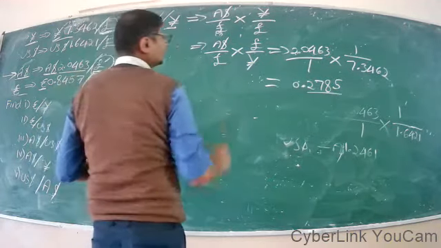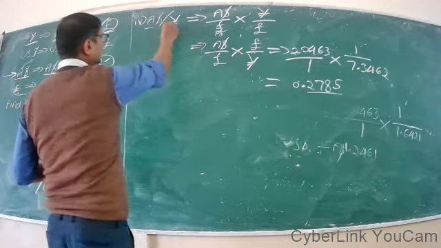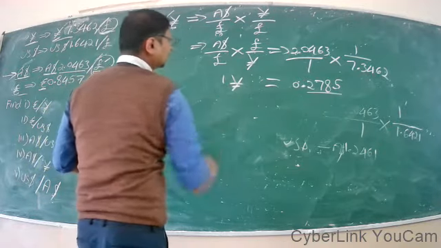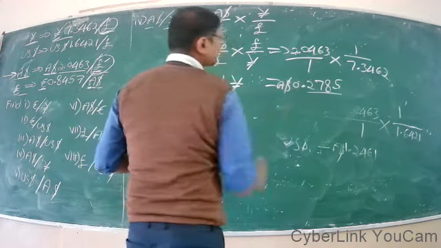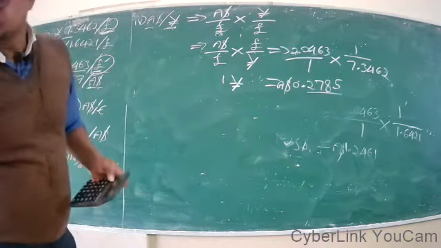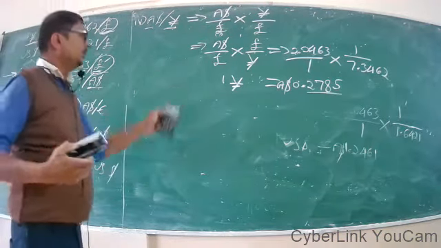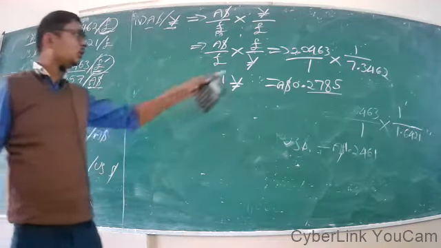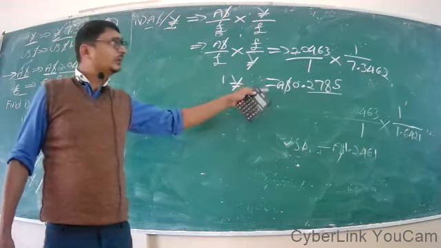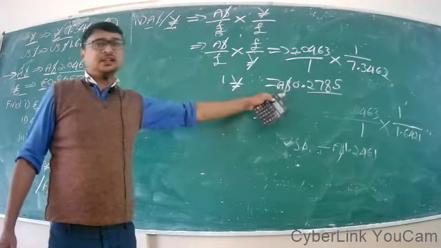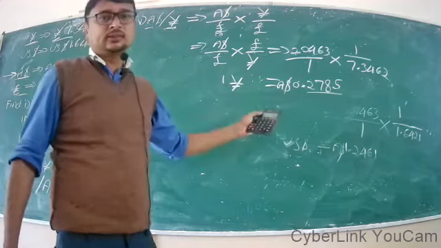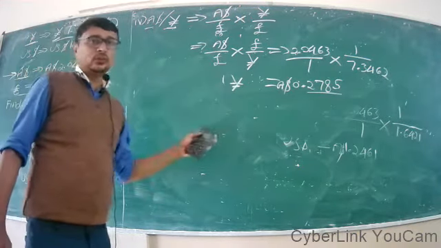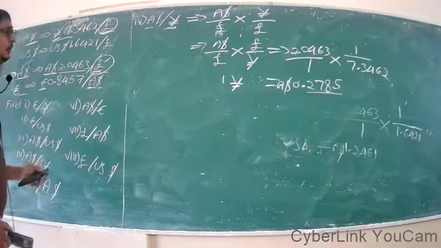So the currency symbol the answer requires, they are asking Australian dollar per yuan. Per yuan means per single yuan. Australian dollar 0.2785. Please do remember, in some exams, without this currency symbol you will not get any marks. Even though your calculations are 100% correct, if you are not mentioning the currency symbol with your answer, then you won't get marks. Fine? So please do remember, the currency symbol is very important while solving this type of question.